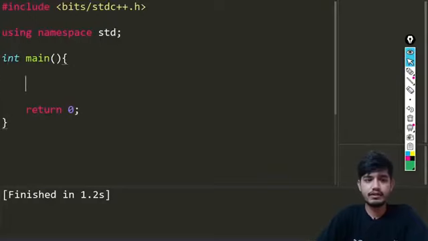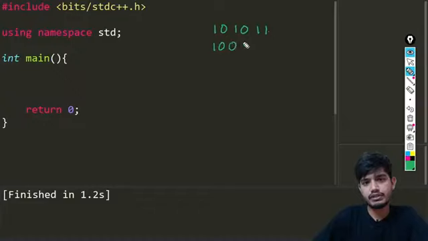Here we have this one, and for bitwise operations I'm going to take an example. Suppose I have something like this, and I am doing a bitwise AND operation with this. You can easily say 1 and 1 will be 1, this will be 1, this will become 0, this will be 0, this is 0, and this is 1.